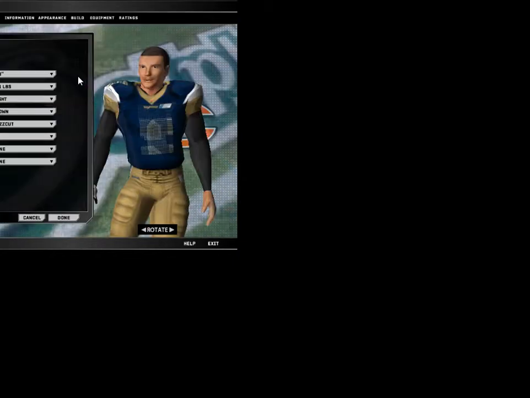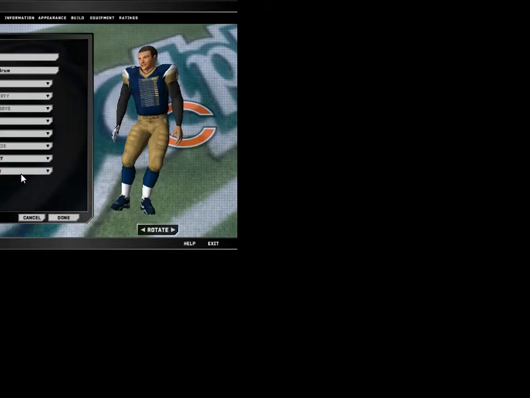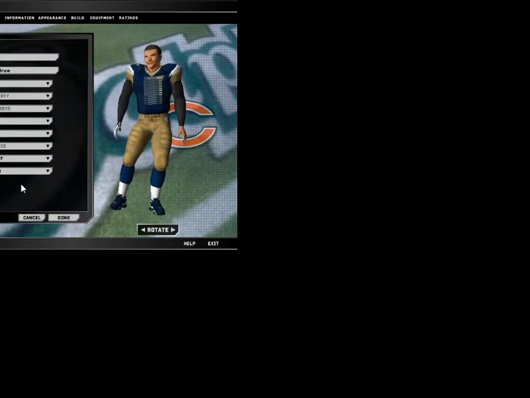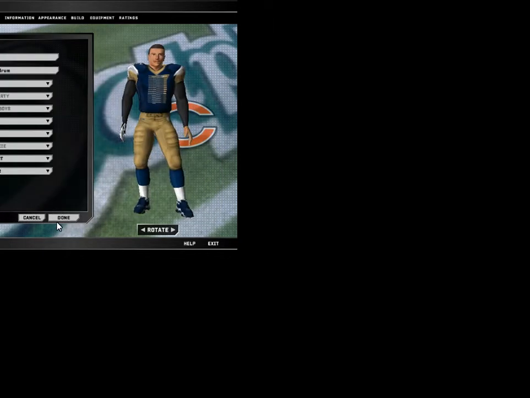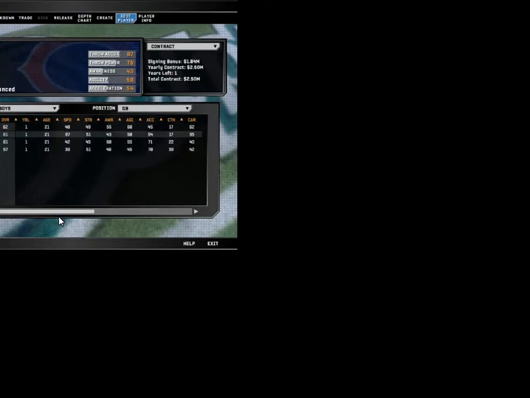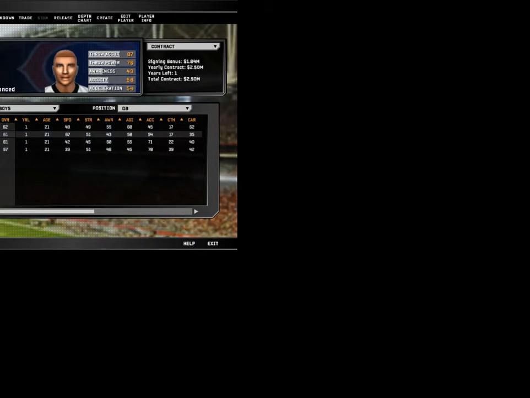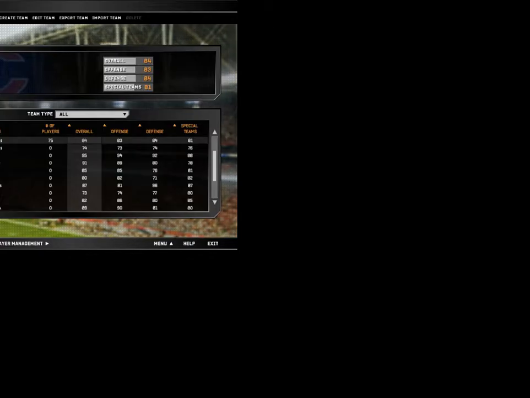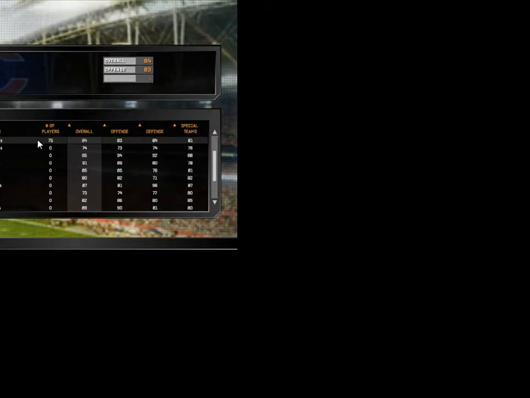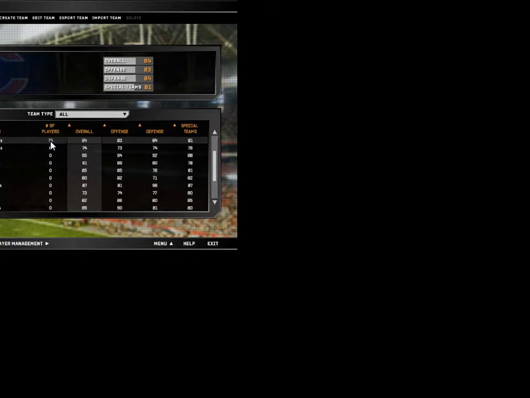We can change jersey number, if he's right-handed, what type of style. I need to figure out which that is also. And once you're done, just save it. And remember, you can edit that here, or once you save it,